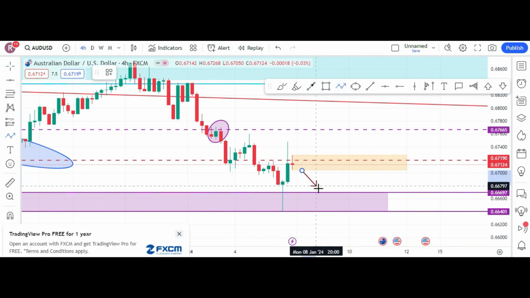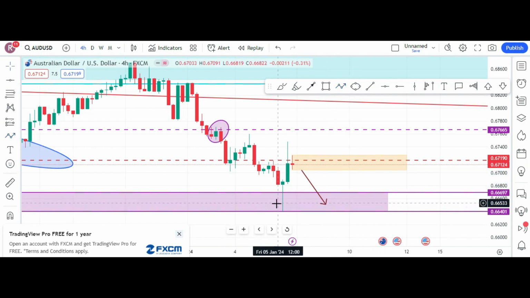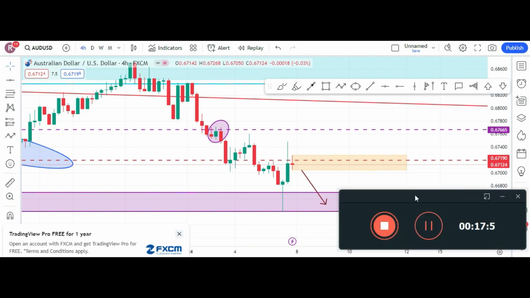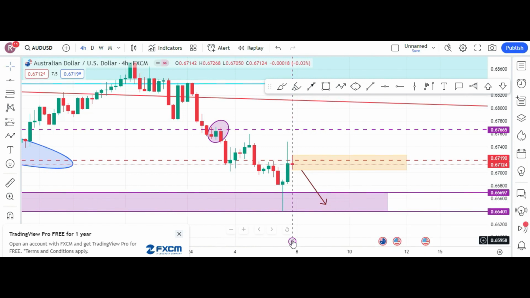If it breaks the box, let it come here and retest this area. I repeat, if it creates a lower low again, and if it comes back here and creates a higher low again, it is better to take a long position from here. But if it breaks on the upside,